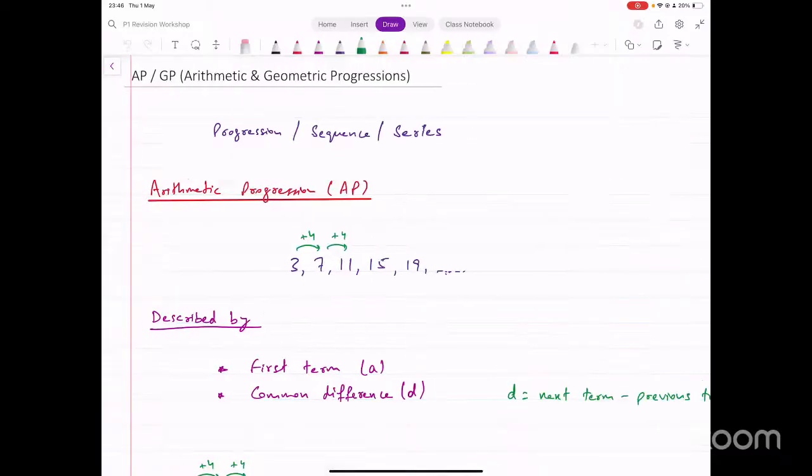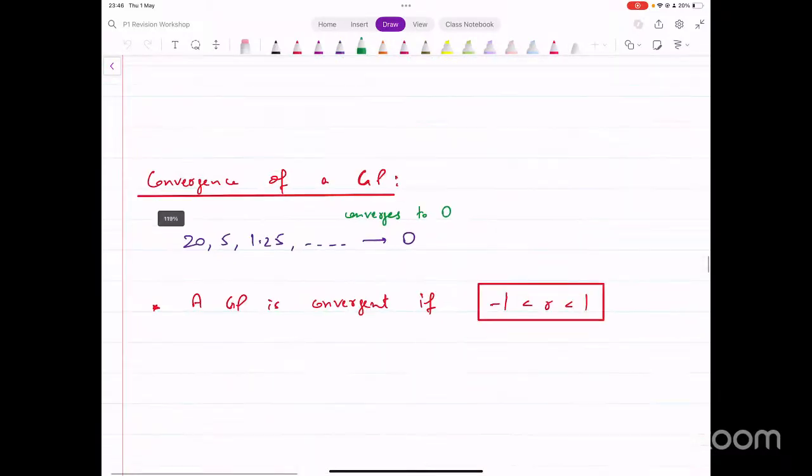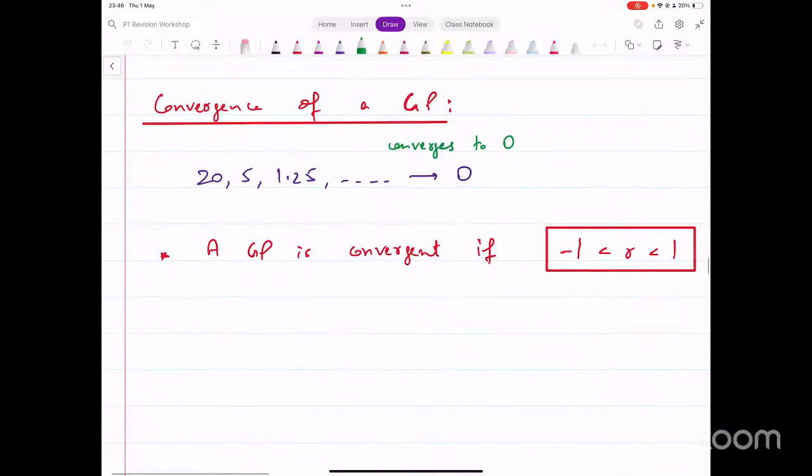Arithmetic and geometric progressions. If you have a convergent series, all that means is this, that the values keep getting smaller